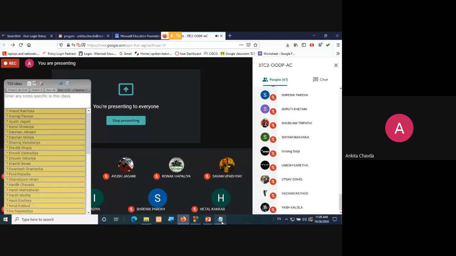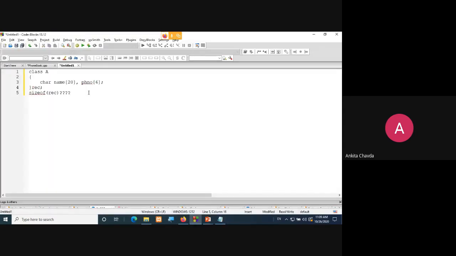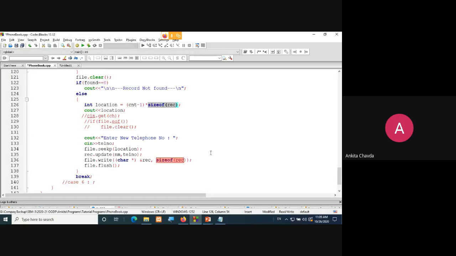Great. So here the size would be 26, 20 this and 6 this. I mean, now I should start with the first standard, how you can do the addition, how you can do this 20 plus 6 equals 26, I need to teach you. Okay. So that would be the size of your record, 26, right?